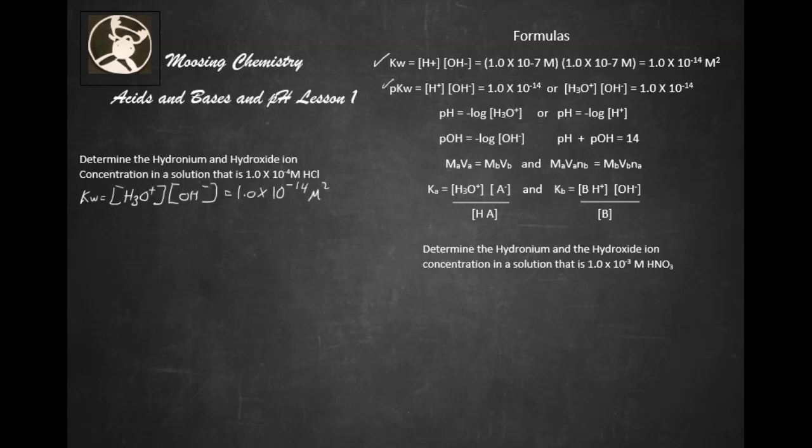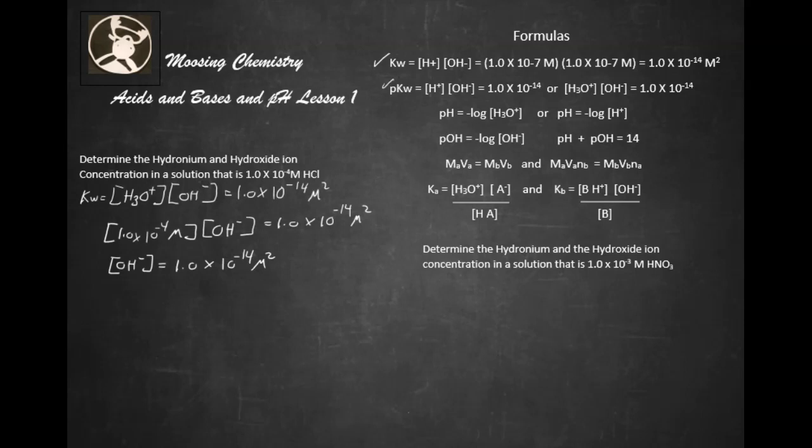So let's go ahead and solve this problem. We can set it up like this: 1.0 times 10 to the negative 4 M times our OH ion equals our 1.0 times 10 to the negative 14 M squared. So therefore our OH ion is going to equal 1.0 times 10 to the negative 14